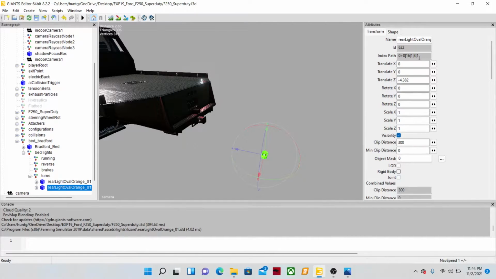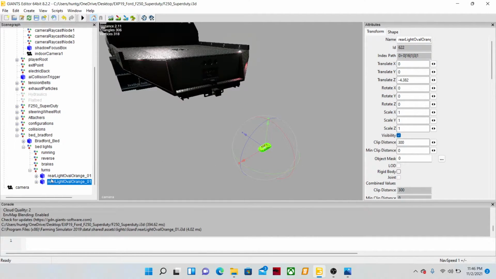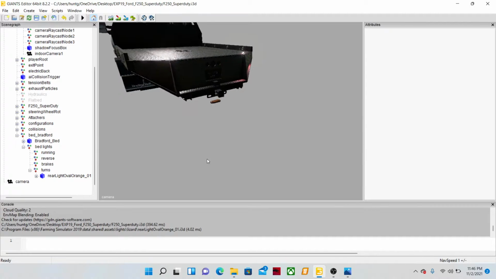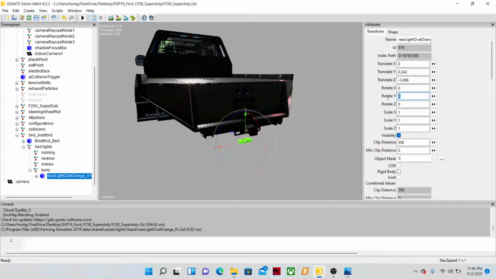Okay. Now that you got that, you're going to click this one and move one of them. Now, actually, here's the tip. Delete that. Get one of them set where you want it. Once you have the one set,